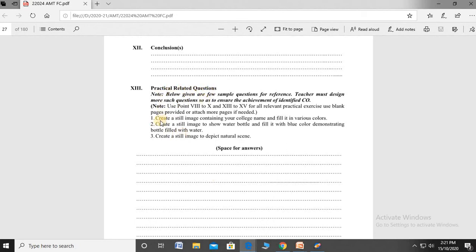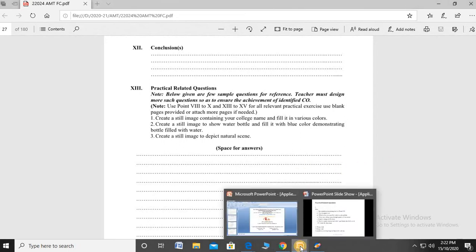In that, I am demonstrating the first question, and all remaining questions are homework for you. Create a still image containing your college name and fill it in various colors.